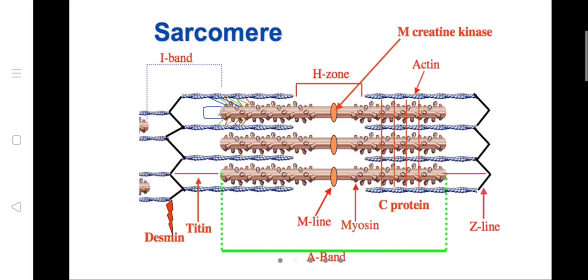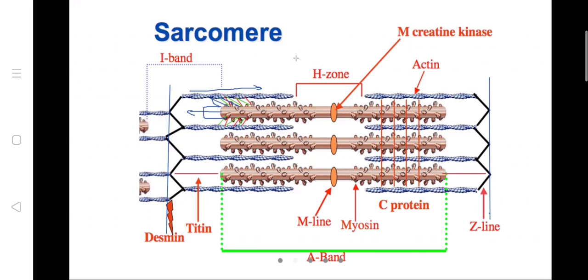So while this is contracting, this myosin will move forward. From here it will go and contract here. So slowly it is moving forward. This myosin is moving in this direction, I mean, it is pulling the actin in this direction. Same way from here. So by that, what is happening? These Z lines, this line from here, are pulled together.